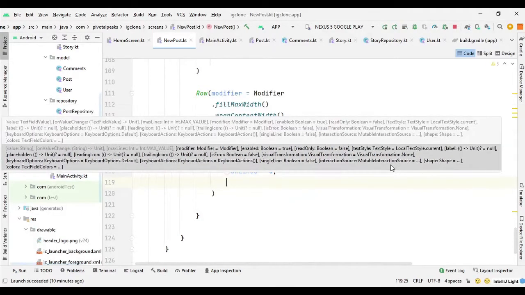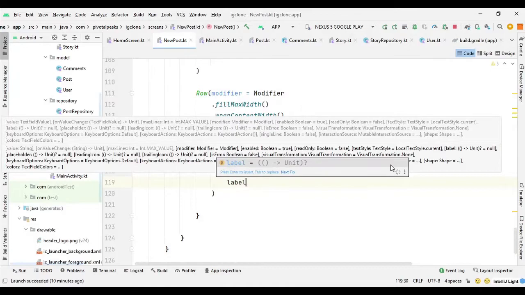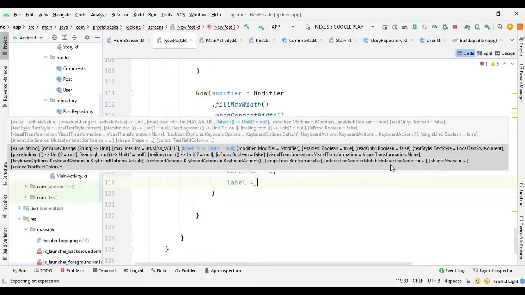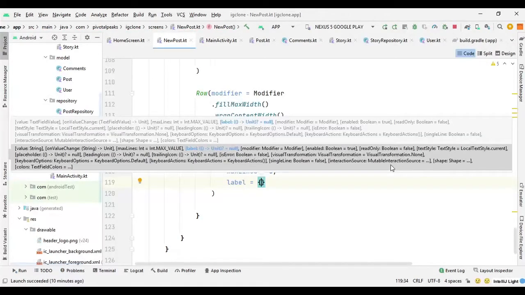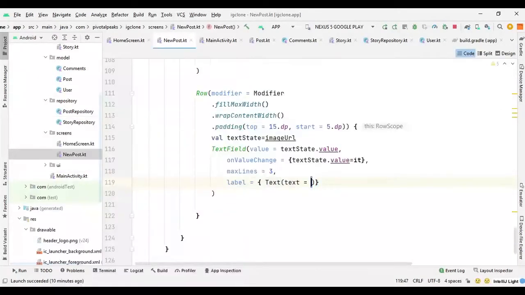And we also need a label for it, so we can say label, and here we will call another function inside the curly braces, and here we can actually run another composable component. So we can say here text,